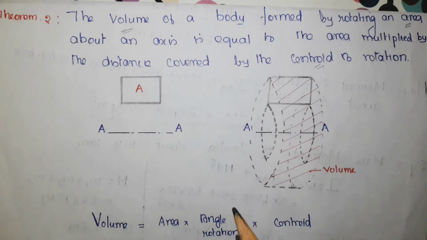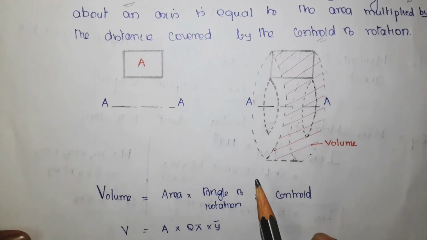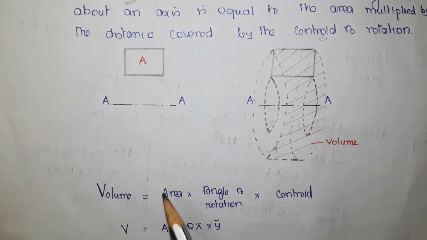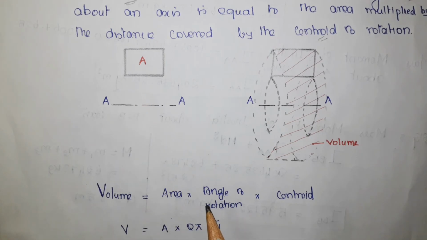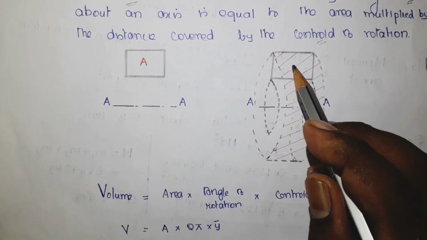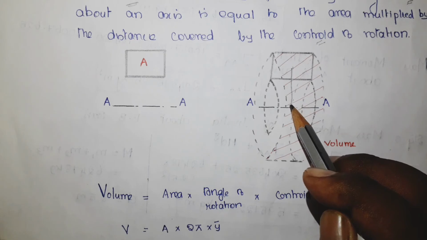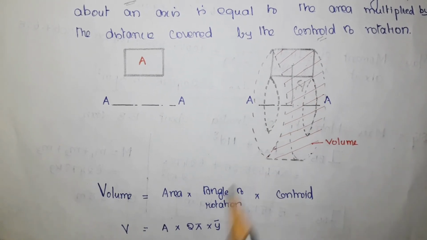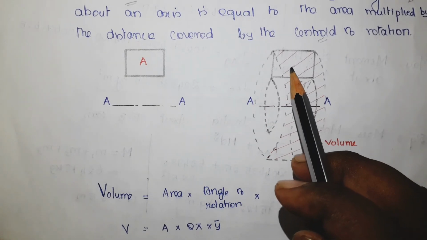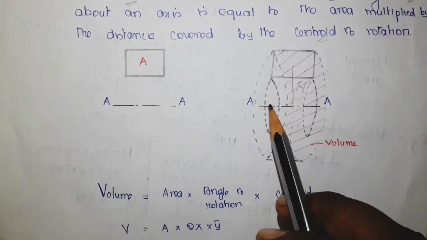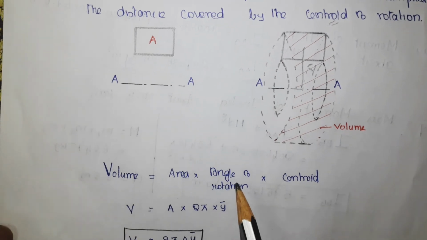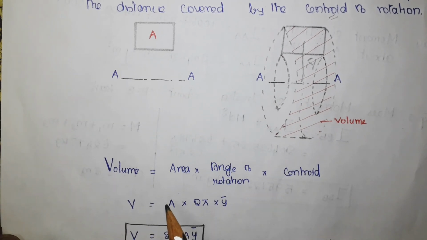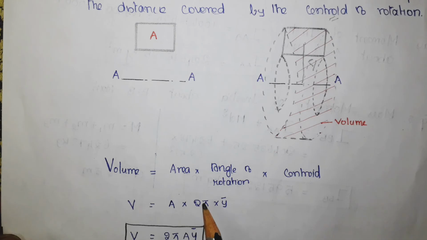I have shaded it. Now the formula is volume equals the area of this one into the angle of rotation, again substituted in radians, into the centroid. Here is the centroid y bar. This is the distance between the centroid of this area and this axis, y bar. Now this equation will become volume equals area into 2 pi,